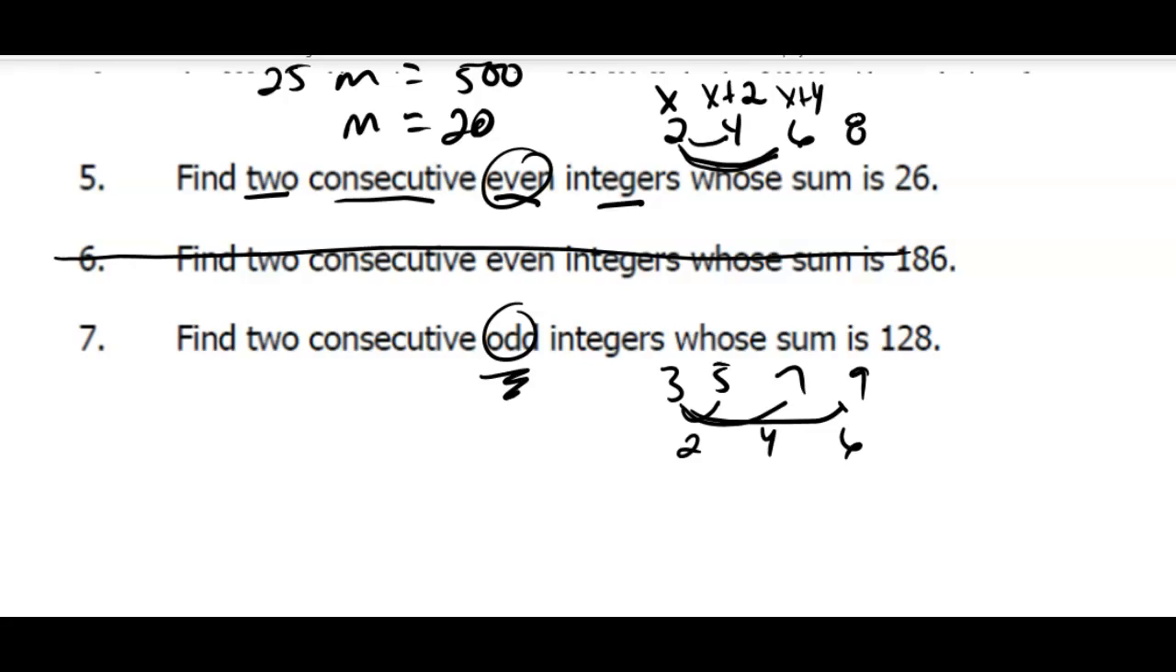So here it says 2 consecutive numbers. Well, what's my first one? So I'm back to number 5. Okay. So my first number is x. My second number is a consecutive even integer, so that's x plus 2. When I add them together, 2x